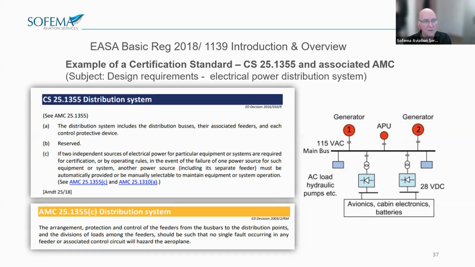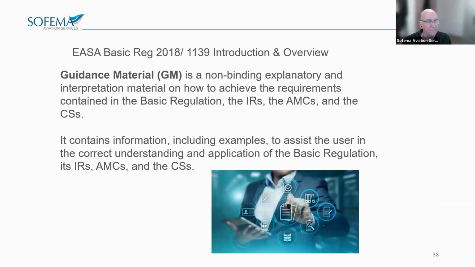It's not a long design requirement, but if you read the AMC, it implies that there is actually more to it, and you're going to need to put in place a fairly complex set of protection devices, relay circuitry, and switching logic in order for this system to meet the requirement of independent electrical power. So that's a typical design type of CS, or they mostly relate to design, but obviously not just electrical power, aspects of structure, power plants, and every part of the aircraft.